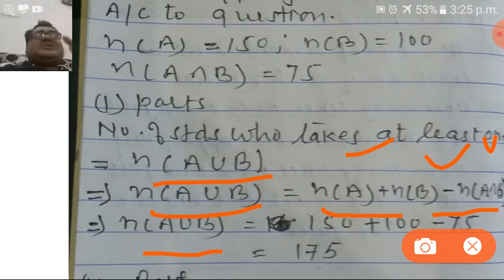The same question can also be asked as: find the number of students who like orange or apple juice. There also you will have to apply the same concept, the same method. This type of problem or terminology you will see again in the chapter on probability.